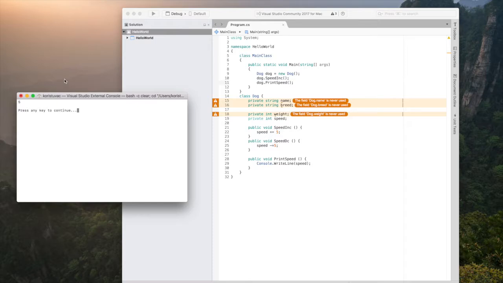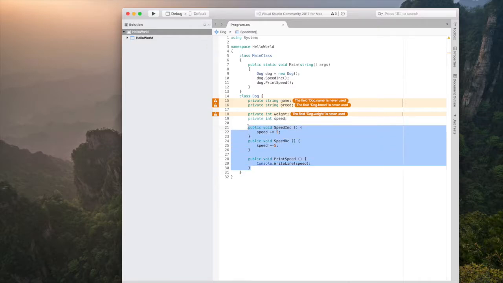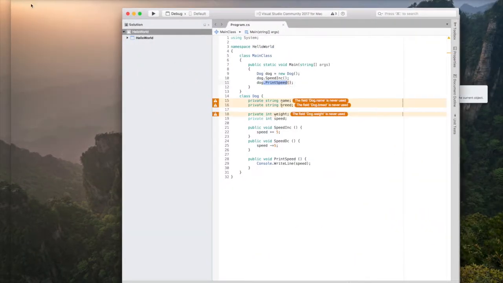So, what is private again? We can access these two functions, this and this, and basically all of these functions, outside of the class, because they are public. That means you can use it by using this dot and writing